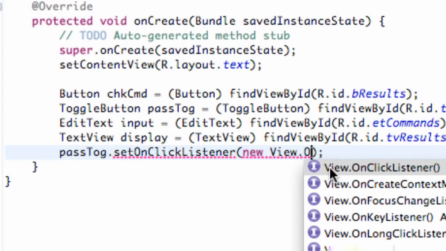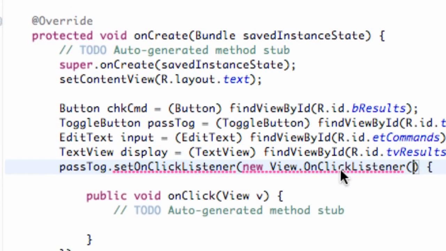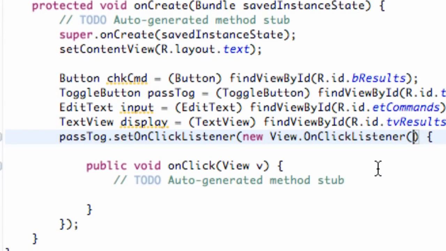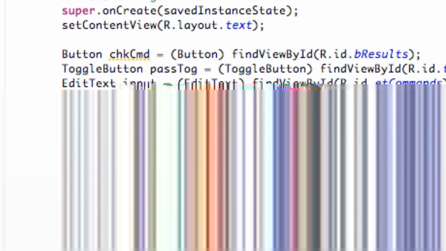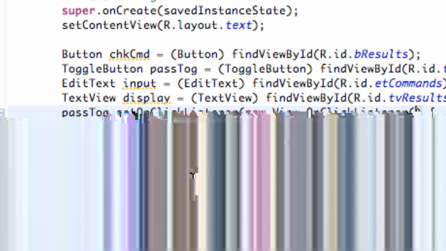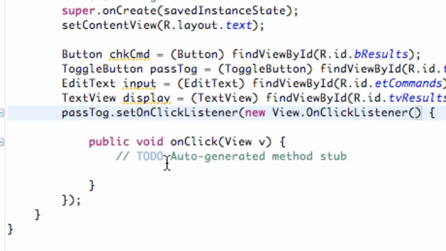And you guys will get familiar with this. It's kind of looking sketchy right now, but all you need to do is click right here and it will set it up for you. And if it didn't, retype it out. Eclipse should give you a little help, and then you just click it and it'll set that up. Otherwise, you guys can look at how this is set up at the moment. And here we go. Every time the toggle button is pressed, we're going to want to do something within